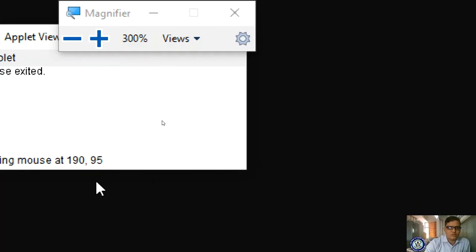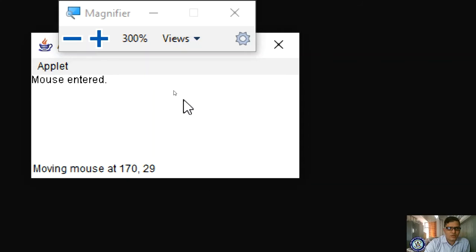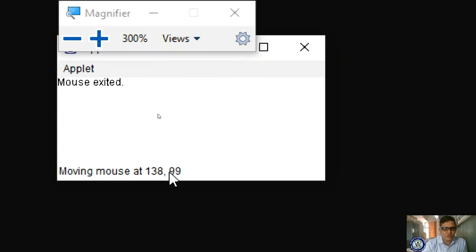Let me check here. Okay, clear? If I enter, it is showing. In your status bar also you are identifying what is the x coordinate value and what is the y coordinate value, right? If I enter, it is showing mouse has entered, it is in 0 and 10th location, and in the status bar it is showing 126 and 85. Whenever it moves, it's showing x and y coordinates.